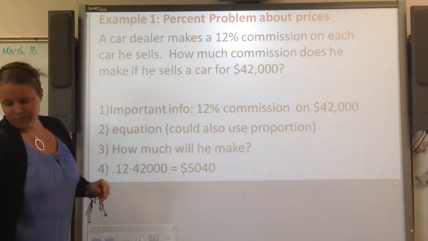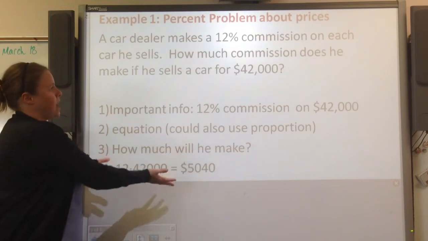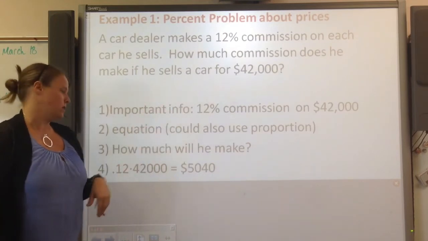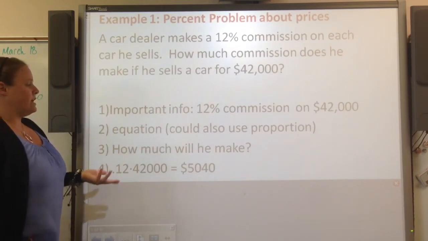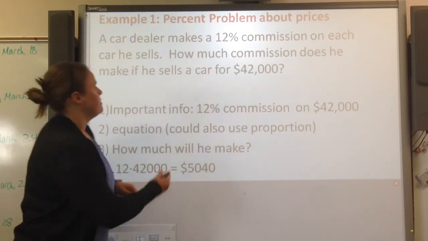So number three is back to what's the question asking us. It's asking how much money he is going to make on this sale. Number four, it's getting into the actual solving. So they're doing the decimal form. So remember, that's